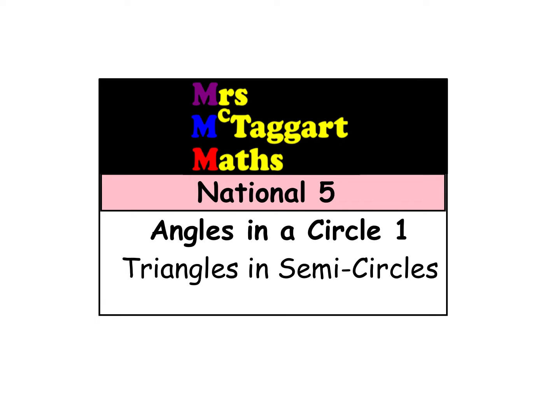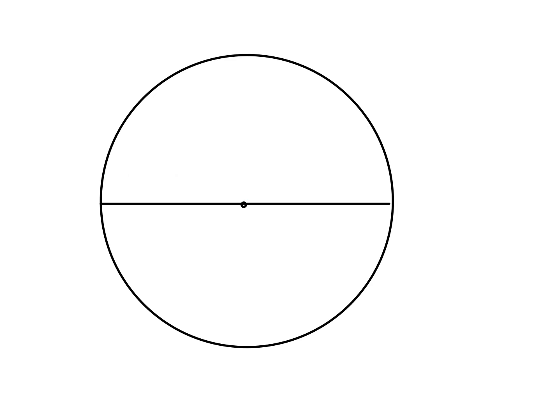In today's video we are looking at angles in a circle. This would be lesson 1, looking at triangles within a semicircle. Now this actual part of the topic is technically only National 4, but it is incorporated in all the more difficult National 5 questions. So what happens is whenever you have a circle and you draw your diameter as shown